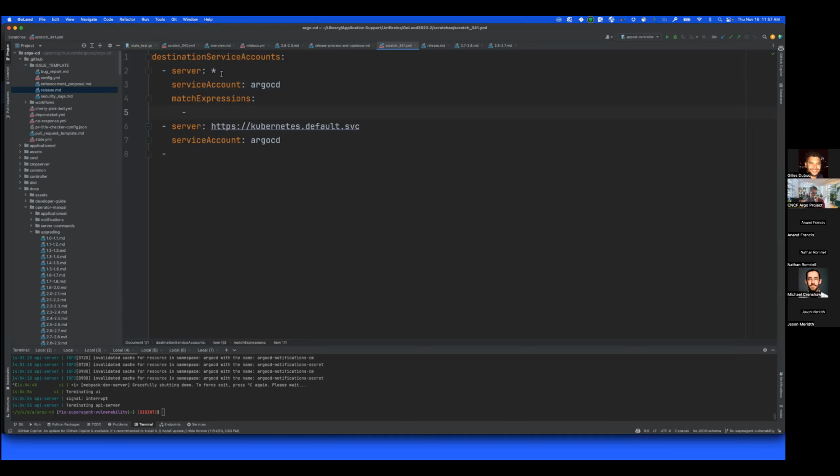So we're still in control: it's our job to make sure that for this pattern, this service account exists for that server or set of servers. But beyond that, it's up to the user to guide the controller on which service account to actually use according to some match rules.